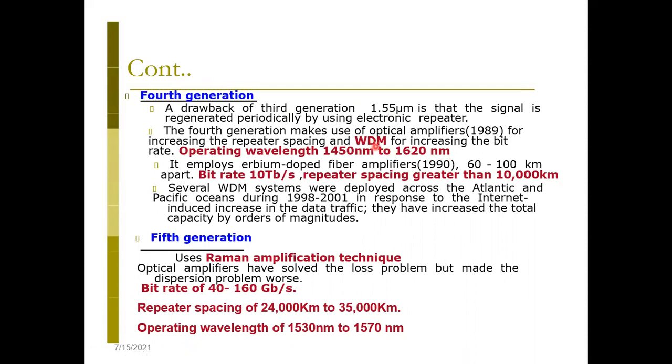In case of fiber optics, please remember this name. We use WDM, wavelength division multiplexing, because it has everything to do with wavelength. We cannot say that we are using frequency division multiplexing. In fiber, there is no talk of frequency at all. So we are talking in terms of wavelength. At 1550 nanometer, we were using wavelength division multiplexing, centered at 1550 nanometer. The operating wavelength range was from 1450 to 1620.